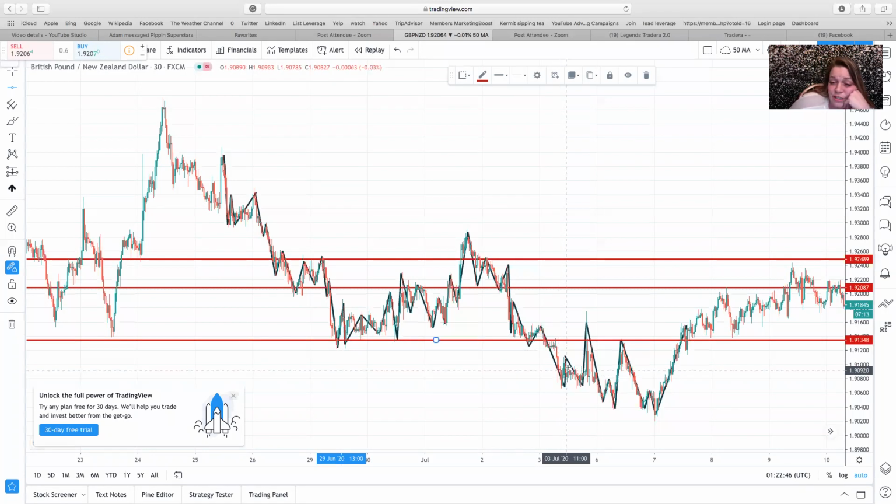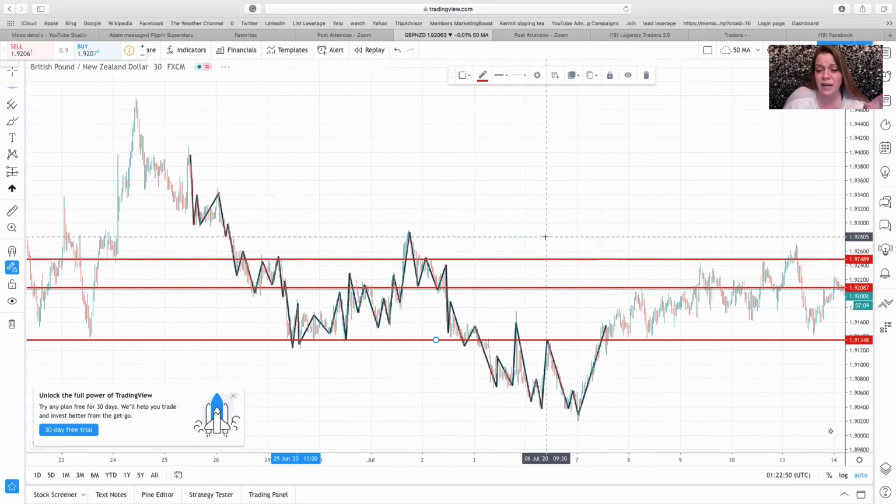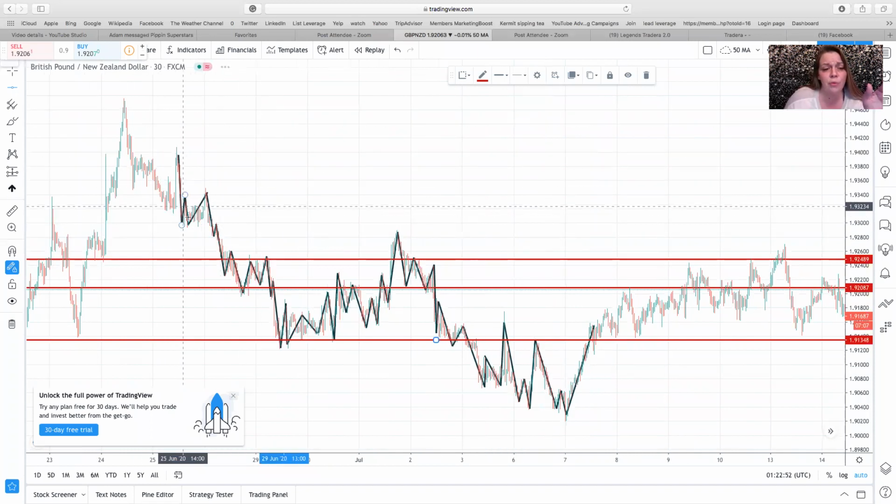Then it reversed again. So what I want you guys to do on your favorite pair tonight is mark up some key levels of support and resistance, and I just want you to follow what price does in between, okay? And then as always, you can